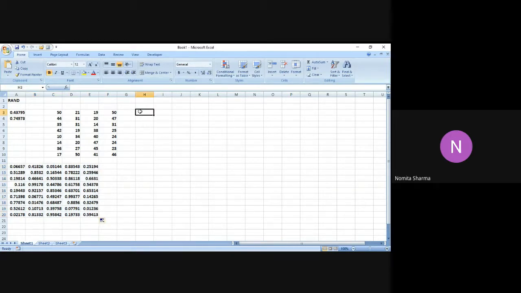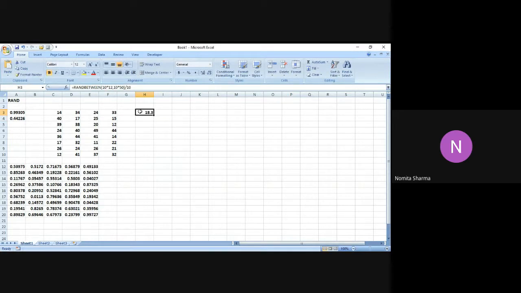The option for that is that again we use the RANDBETWEEN function. I define the lower limit by this, and the upper limit by this. I divide the whole by 10, and let's see what I get.